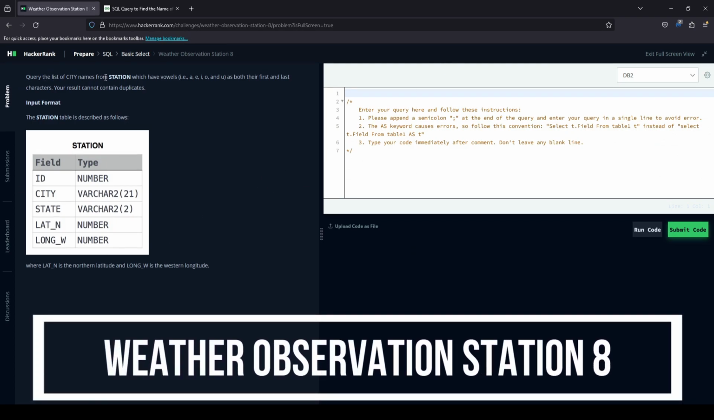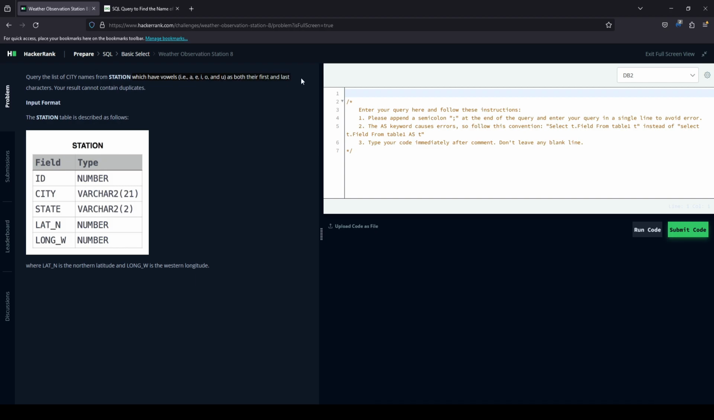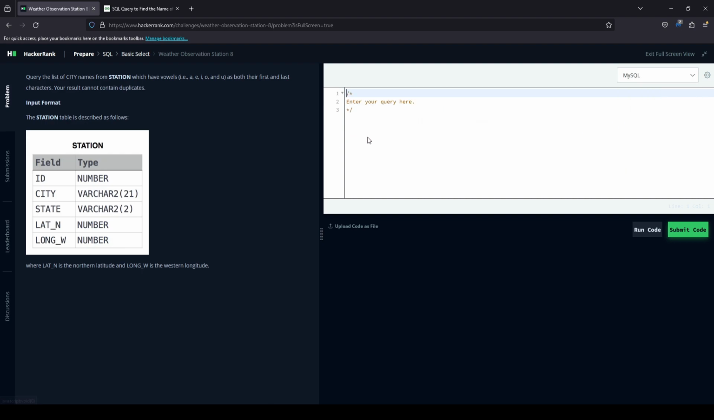So we're supposed to query a list of city names from the station which have vowels A, E, I, O, U as both their first and last characters. So let's bring that back to my SQL, and this one's gonna be select all. No. Select city from station